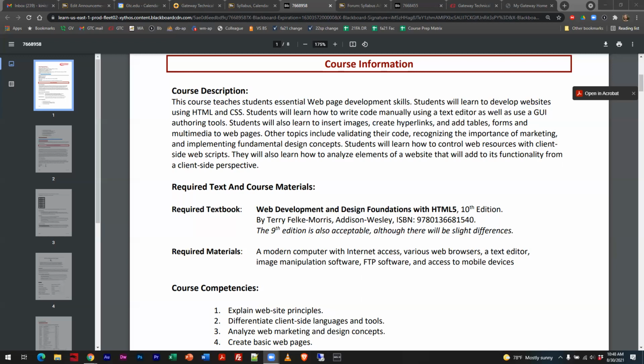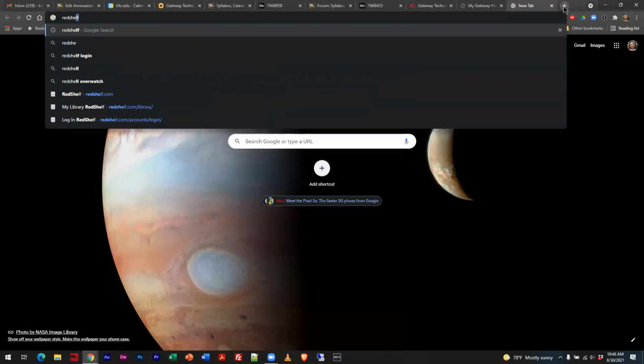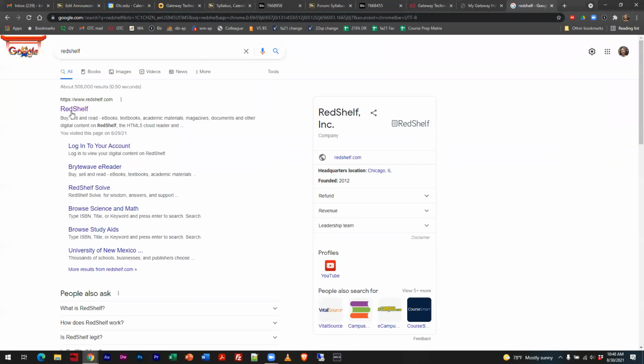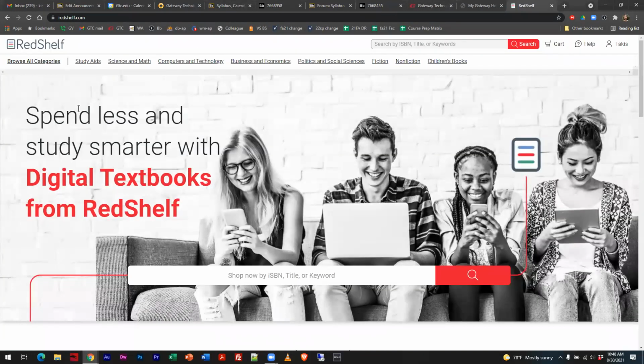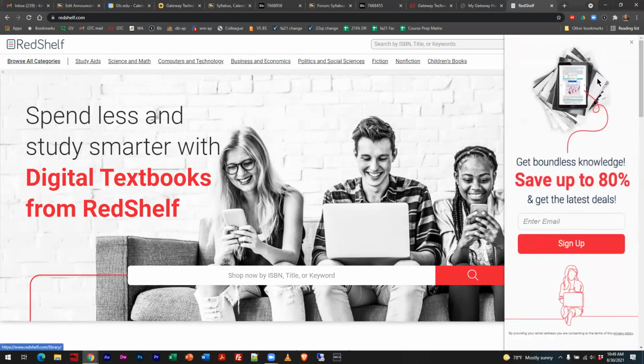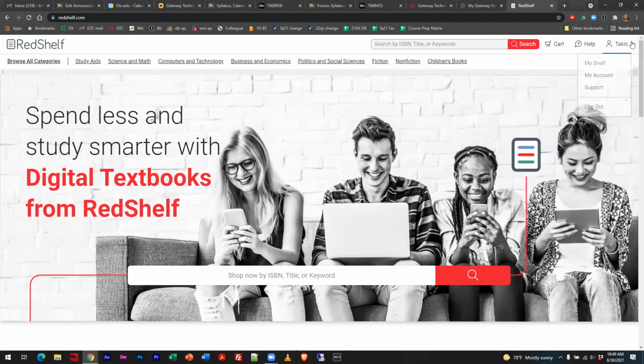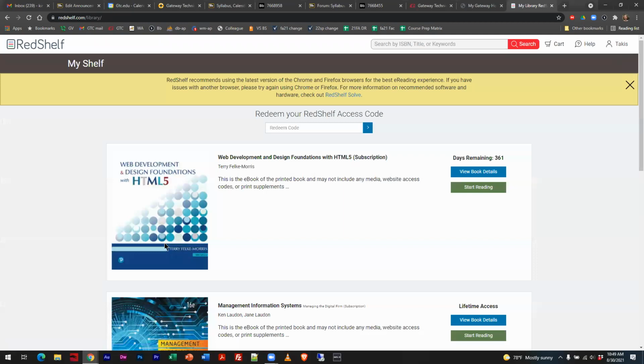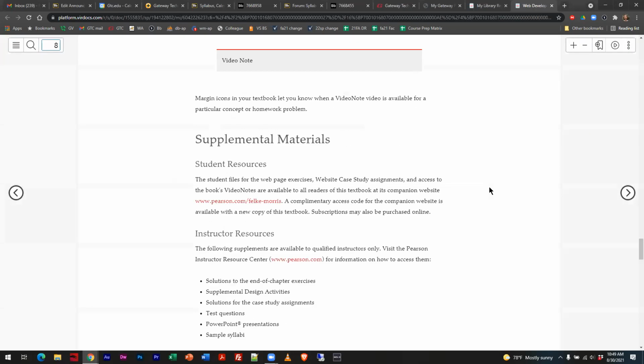hard copy. So I use a service called Red Shelf to get this book. And not because this is a service I chose, but because the publisher publishes their stuff on this platform. Now, if you go through WebAdvisor or the bookstore to get this book, they will give you their ebook platform. And you can see the book just comes up on screen like this. And there'll be times where I do bring the book up on the screen. But this is the book that we're shooting for.